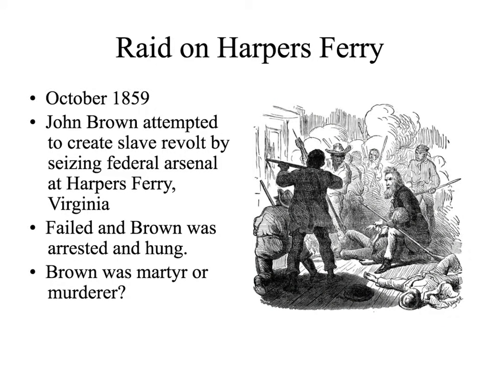So then, in October of 1859, John Brown attempted to create a slave revolt by seizing the federal arsenal at Harper's Ferry, Virginia. It failed, and Brown was arrested, and he was hung. The person who actually did the arresting was Robert E. Lee. And in his last speech, John Brown condemned the situation,